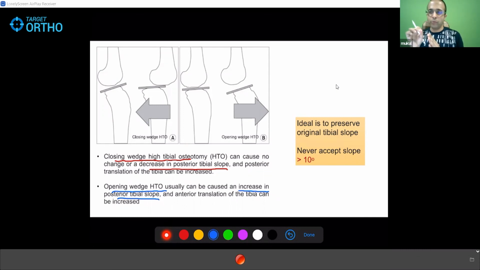This is another restriction to that 20 degrees only that can be corrected by STO in our case of a varus knee. Okay, because simultaneous changes आते ही आते हैं, they are unpreventable. The idea is to keep the tibial slope original, कि ना change हो. वो कैसे ना change हो मैं ये भी बताऊंगा. Okay, but हाँ, अगर तुम्हें लग रहा है तुमने एक्सरे क्लिक किया टेबल पे, your tibial slope has crossed 10 degrees, then do that tibial tubercle osteotomy in a dual plane to correct the tibial slope. Never accept a slope more than 10 degrees because high slope will lead to ACL strain, and ACL intactness is a prerequisite for STO. ACL fail हो जाएगा, दूसरे कंपार्टमेंट में चेंजेस आ जाएंगे, whole surgery will fail.